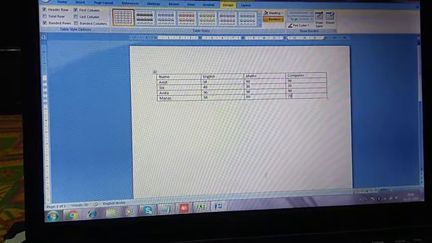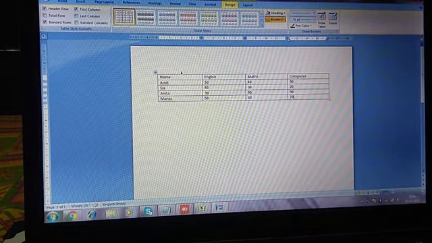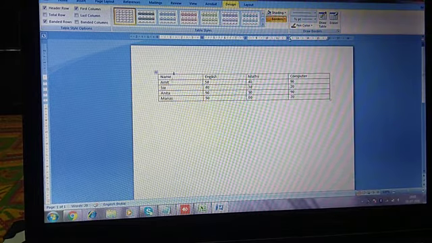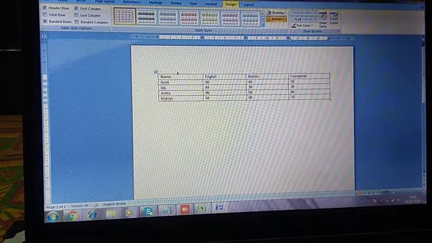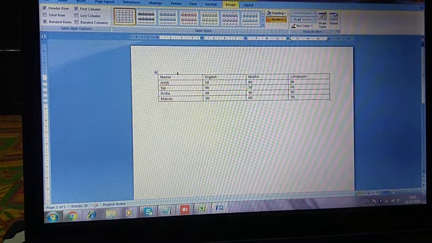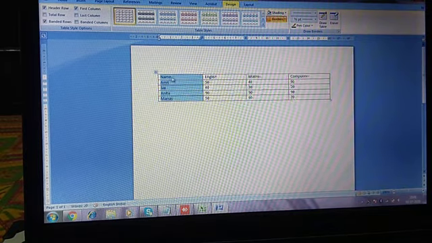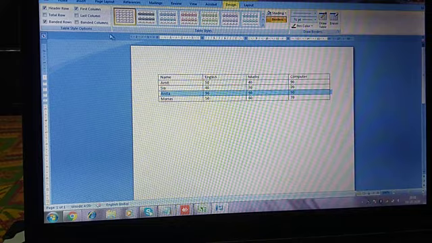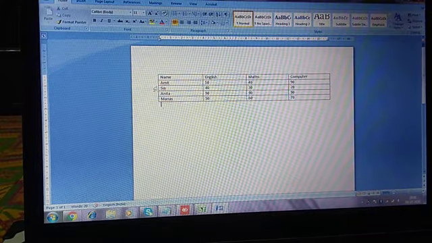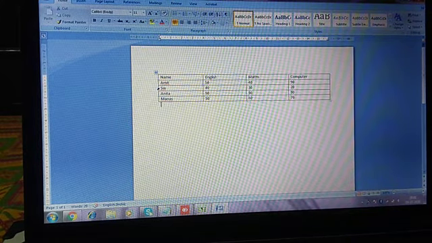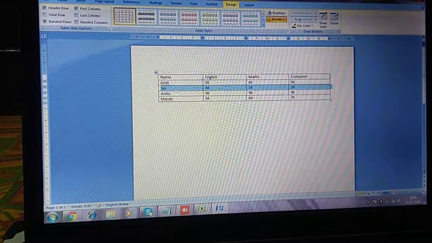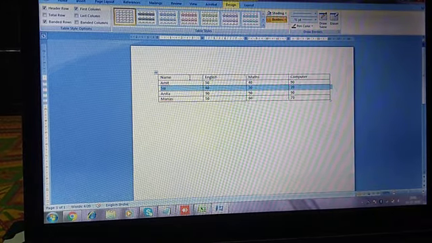I have already told you, after writing the text you can select the entire column in the same way. If you want to select the column of name, go above the column name and just click once. See, the name column is being selected. If you want to select the entire row of Sia, just go here. The dark diagonal arrow is there, just click twice and the entire row will be selected.